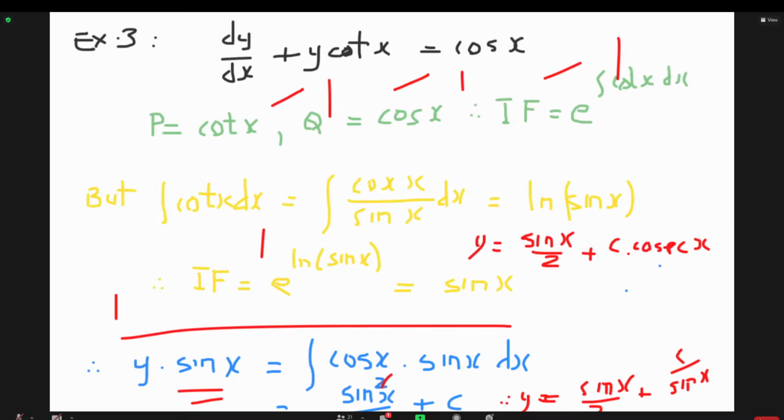Okay, so let's keep going. We'll do a few more, and then we'll go to some past paper questions. All right, so let's see. Example number 4 says solve